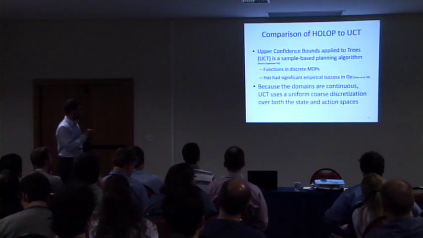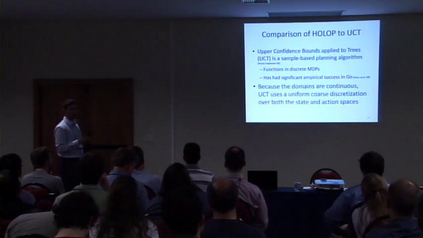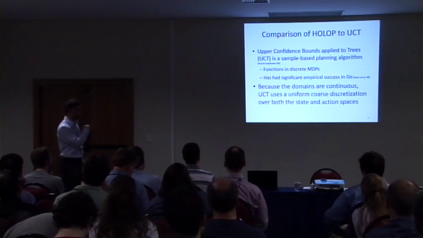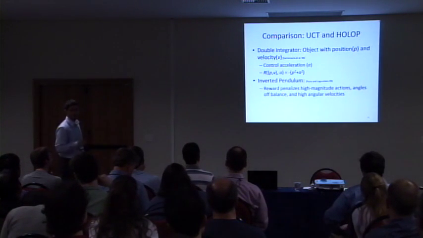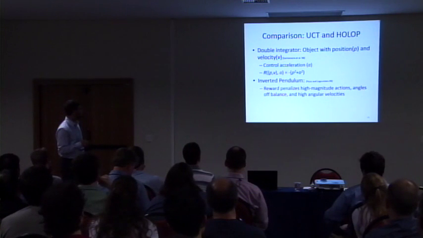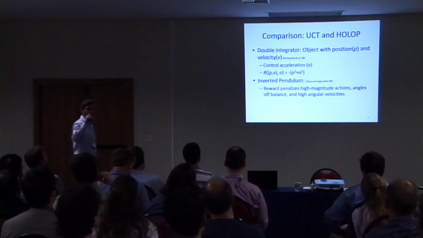The domains I'm going to show are continuous. So in order to leverage UCT in those domains, we have to use some coarse discretization over both the state and action spaces. The two domains that I'm going to show results for are sort of canonical control domains. One is called the double integrator domain, where we're controlling a point